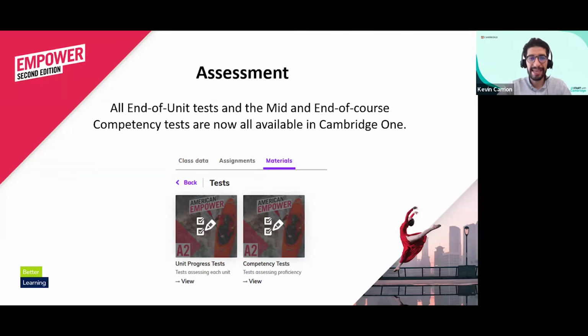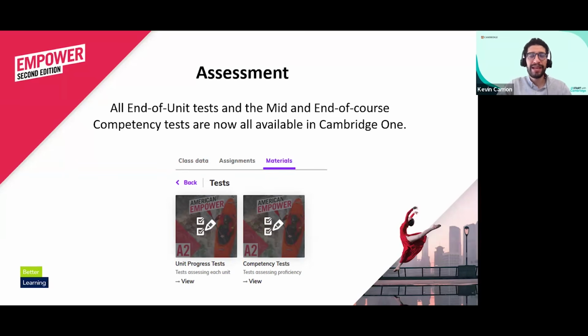Something to point out that is very relevant, and very important to note: the structure and format of these unit progress tests and competency tests both follow the Cambridge English examinations format. So they are going to find exam style activities, exam style exercises, that the student will need to do.